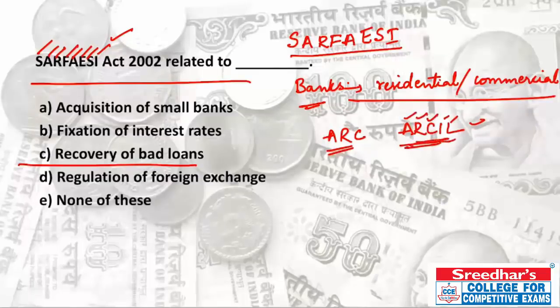Under this act, the banks or financial institutions have the right of security interest. So if a borrower cannot repay the loan, or is not repaying any of the installments, and his account is classified as NPA, that is non-performing asset, by the creditor, then the secured creditor, before expiry of the period of limitation, by written notice, can further auction the properties.